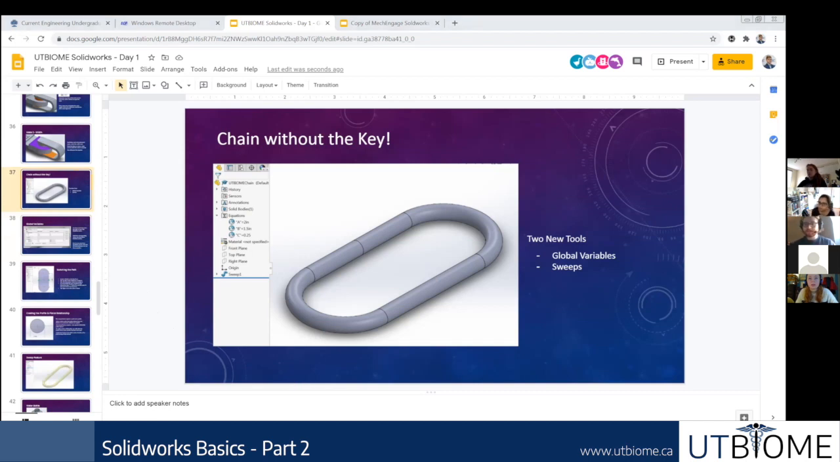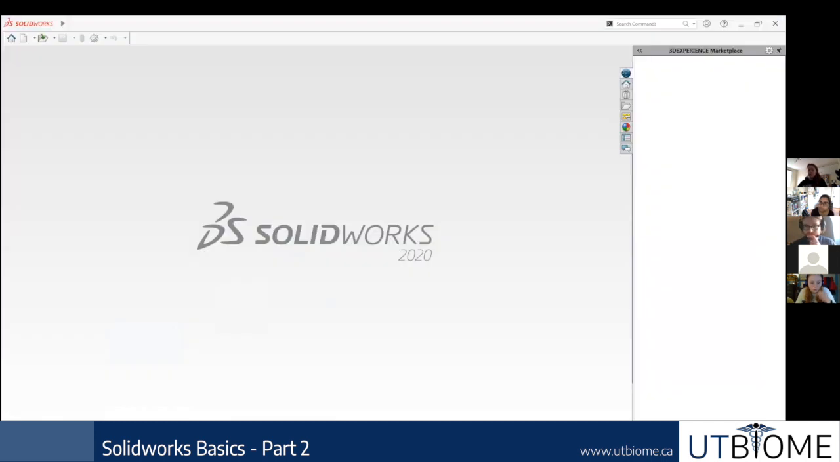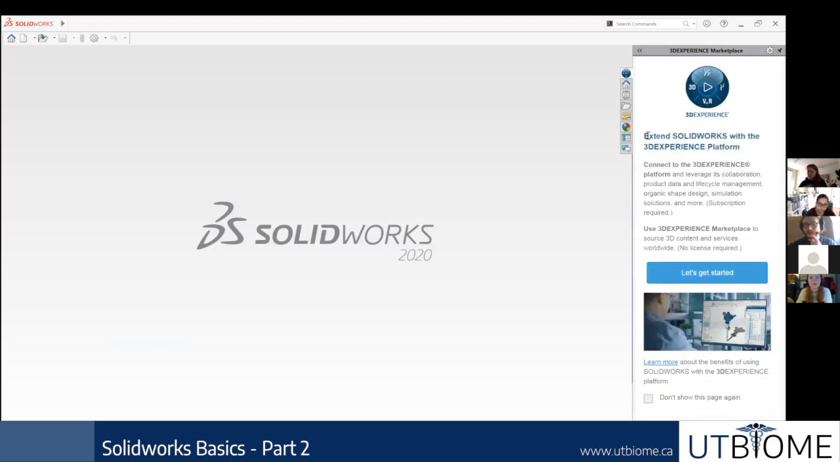Okay, can everybody see my SolidWorks? Okay, fantastic. So on the right side of the screen, for some reason it's not really loading in, but that is exactly what you were seeing, this 3D experience marketplace. I think this literally is just a marketplace. Okay, here it is. So it's just trying to encourage you to